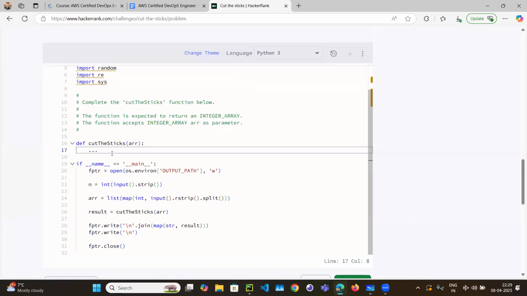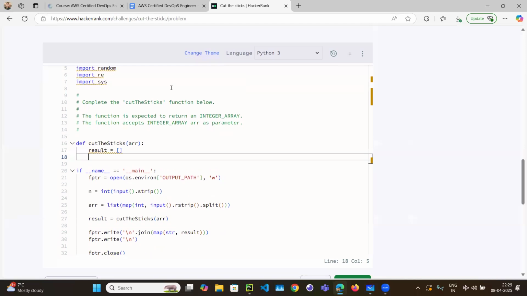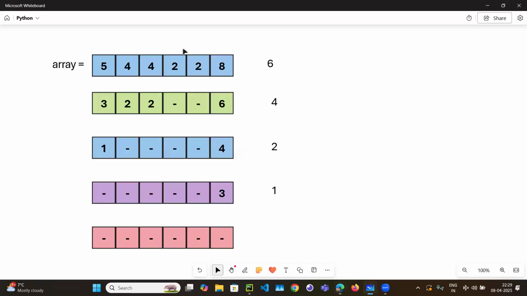So what you need to do is you need to return an array. So result. So you need to return an array, right? You need to run some loop, while array. Okay. So when you have the array given, that length also will come into the resultant array,